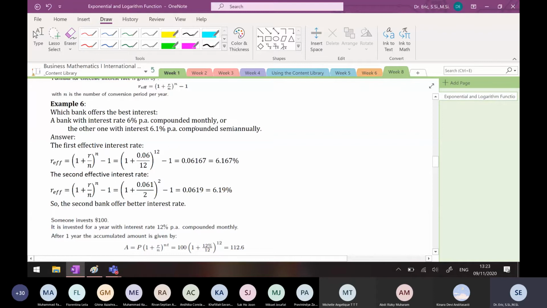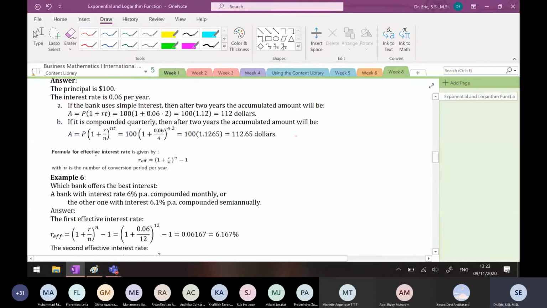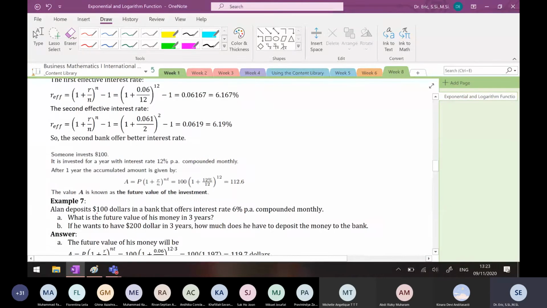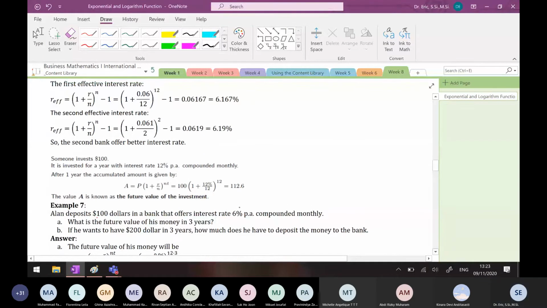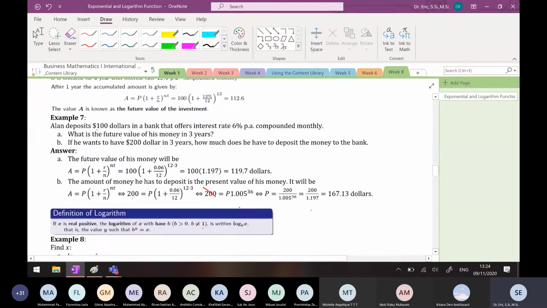Ya, ini yang ini itu dibungakan tiap bulan, ini dibungakan setengah tahun sekali. Dibungakan setengah tahun sekali. Oke ya. Jadi how do you compare between this interest rate? We usually say that we compare it using the effective interest rate. Okay, any questions from this? Oh, ini nggak ada pertanyaan.